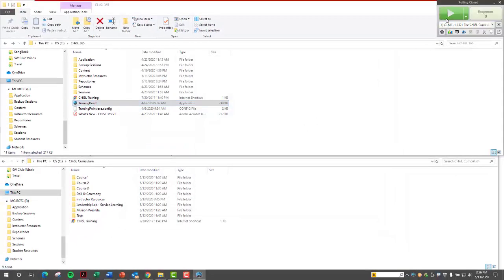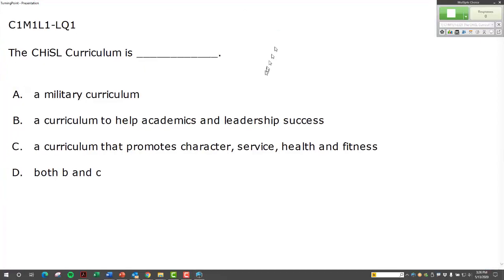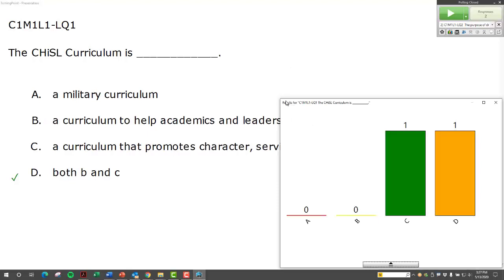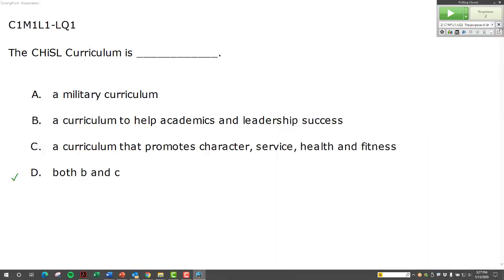We click Start. And then there we go. Now all of the questions exist outside of the PowerPoint. And now we can see with very minimal effort whether students are understanding the content that was just covered in a lesson. Lots we can do on that. Again, this is not a Turning Point training, so I'm not going to go any further than that, but wanted to show you that we now have question lists included in all of Course 1 lessons. We will have more coming in subsequent CHiSL 365 updates.